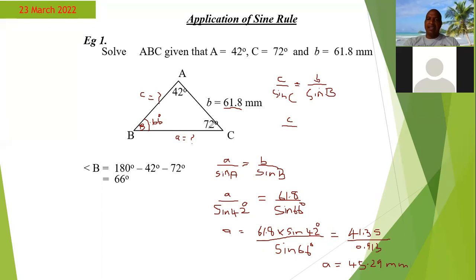The angle C is 72, so we write the sine of 72 down here. And that will equal the side B, which is 61.8 over sine of